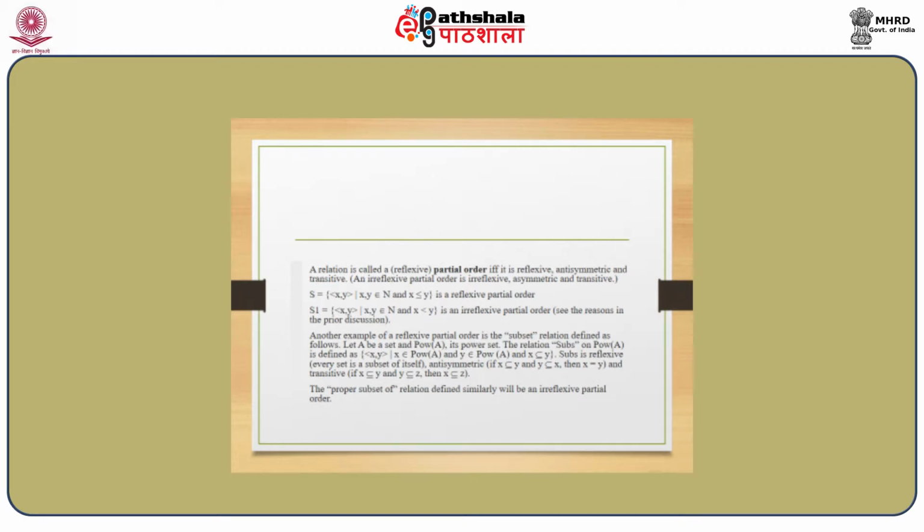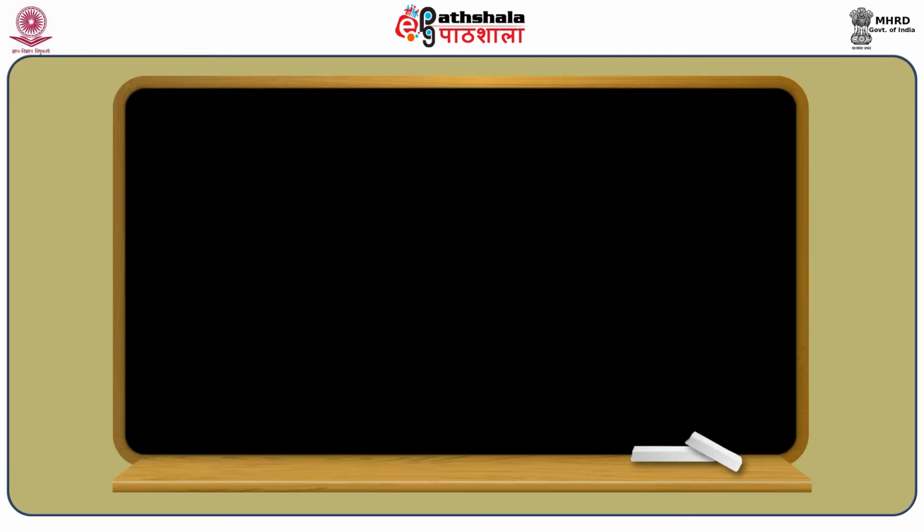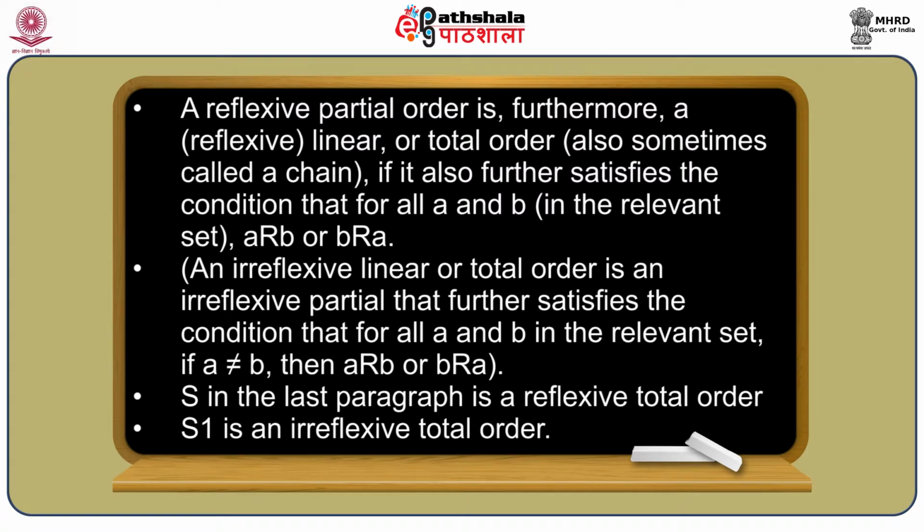Subset is also a transitive relation because if x is a subset of y and y is a subset of z, then x is a subset of z. The proper subset relation defined similarly will be an irreflexive partial order. A reflexive partial order is, furthermore, a reflexive linear or total order, also sometimes called a chain, if it also